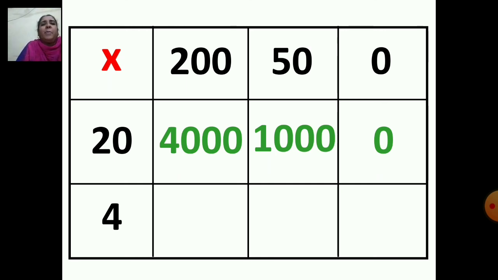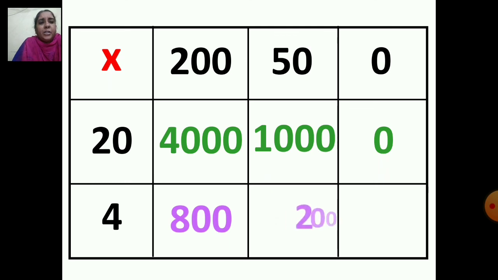Now we will multiply 200 with 4. Now you have to say table of 2. 2 4s is how much? 8. Right? And you will put 2 zeros after it. So what is your answer? 800. Now 50 multiplied by 4. 5 4s is how much? 20. And you have to place 1 zero after 20. So what is your answer? 200. Very good. Now we will multiply 0 with 4. 0 4s are 0.